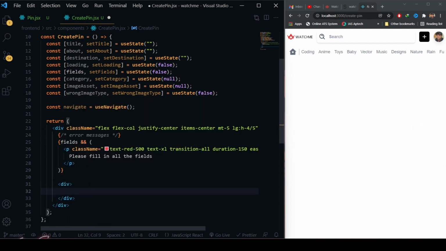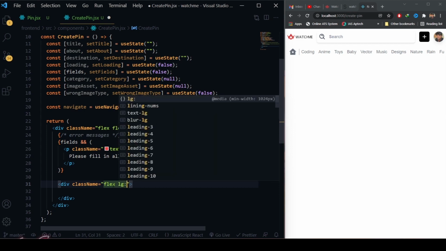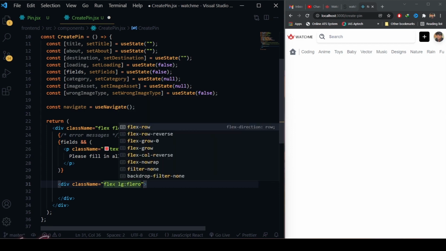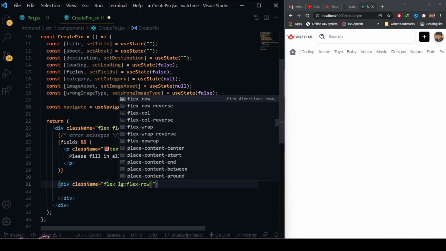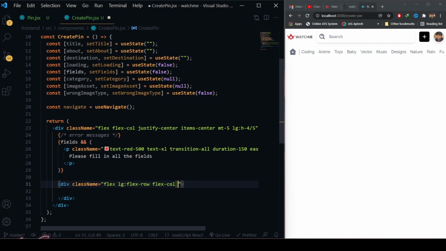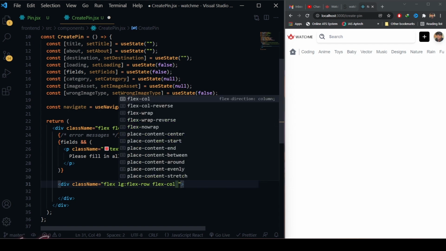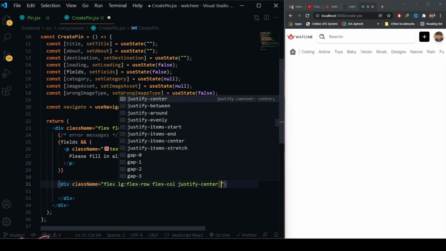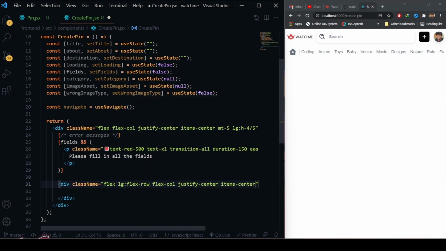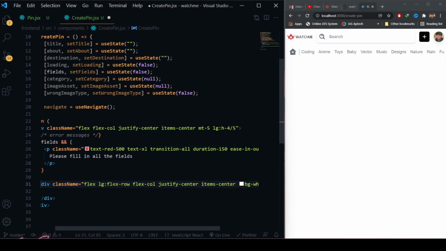So create a division. Okay. So that division, it's going to have a very big CSS classes. So let's write that. This division is going to have a very big class. Let's start writing the class that's going to use the flex. For large device, it's going to be flex row. And apart from that, we are going to use the flex column. And then justify the content center and items center, and the background is going to be white, and for